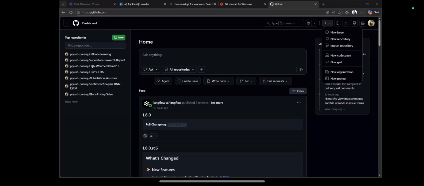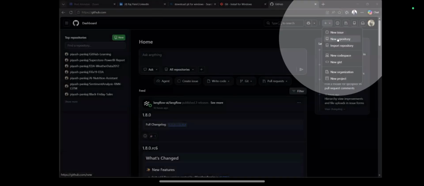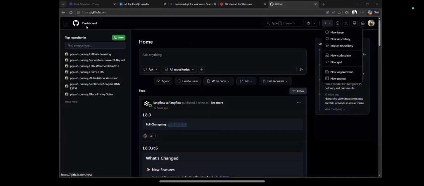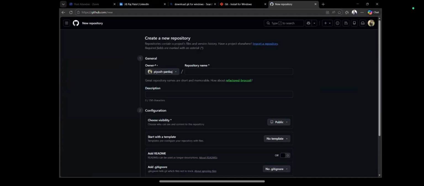Here you will get this option on the top. When you click on this plus button, you will get the option new repository. You can simply click on new repository from here, or here also. When you come on the dashboard, you will get the new option here. So simply click on new repository.